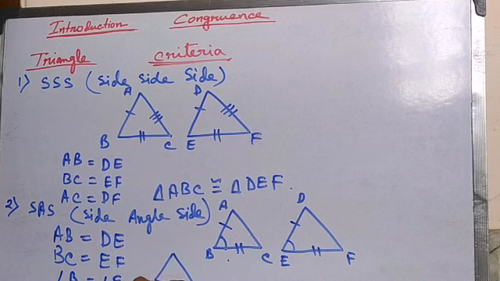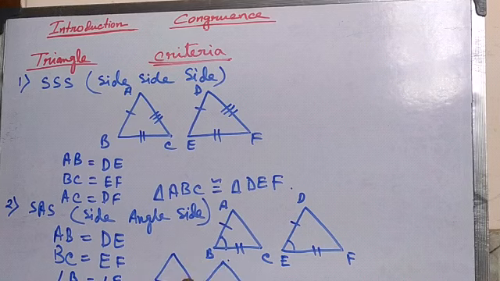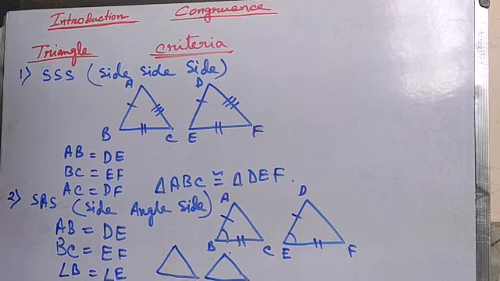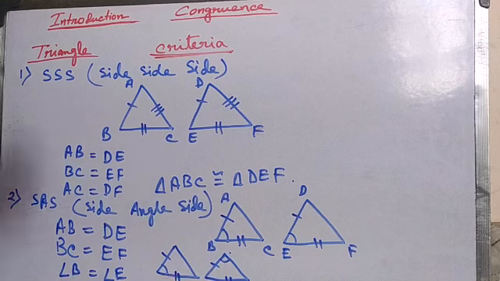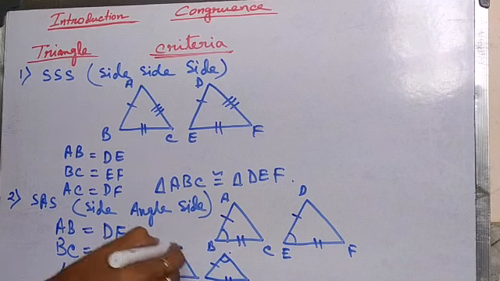Suppose these are the two triangles. If this side and this side are equal, but here one angle is formed at the top, then we can't say that both triangles are congruent, because this angle is not the included angle. Included means that the angle is formed in between the two sides. That's why this will not be possible for these figures.